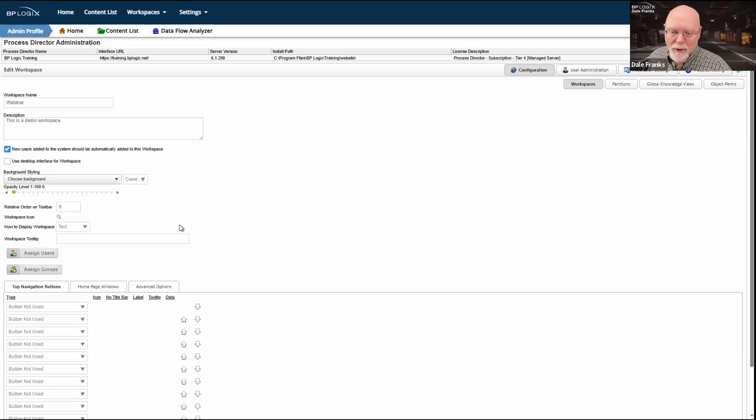I have a mature system. All of the users that are ever going to be on the system are already on this system. So in my case, turning this on doesn't help me because no one is going to see it. On a mature system, if I have existing users, I am going to have to assign either users or groups.